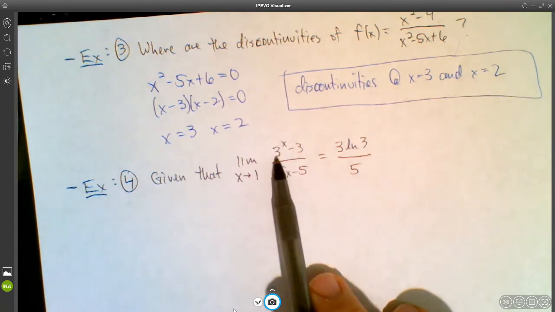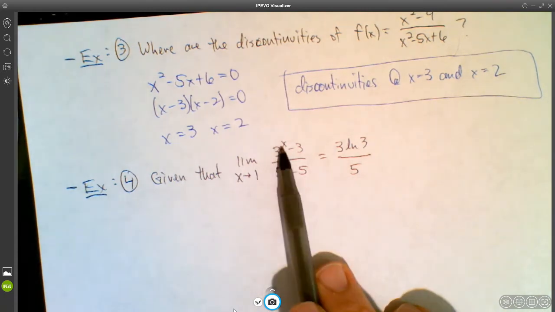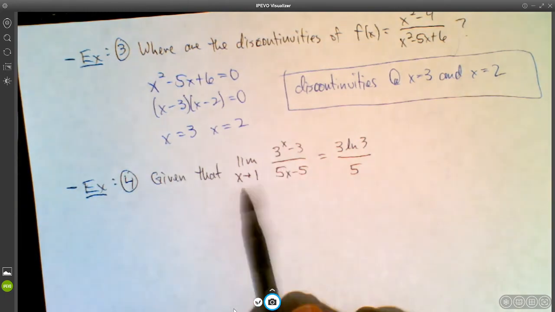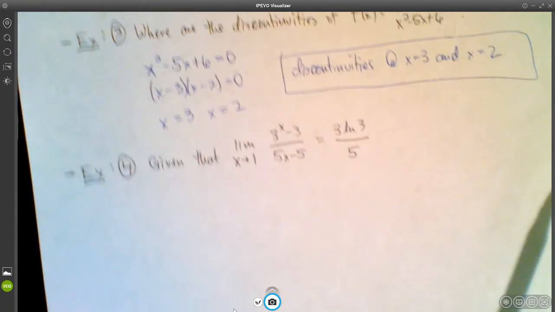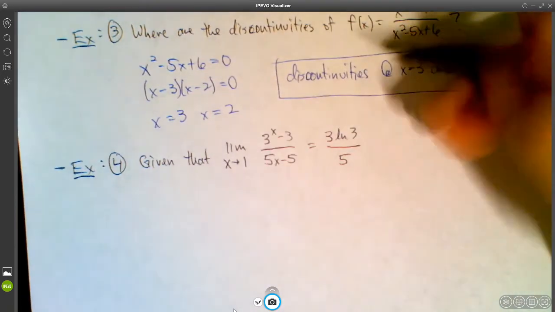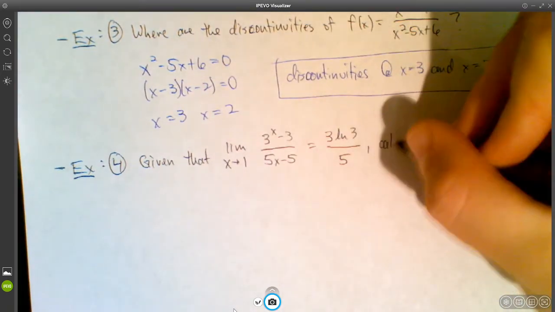And this is not 3 times x, it's 3 to the x power. But given that this limit is equal to 3 ln 3 over 5, let's calculate